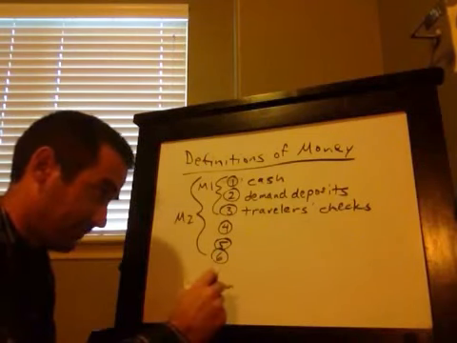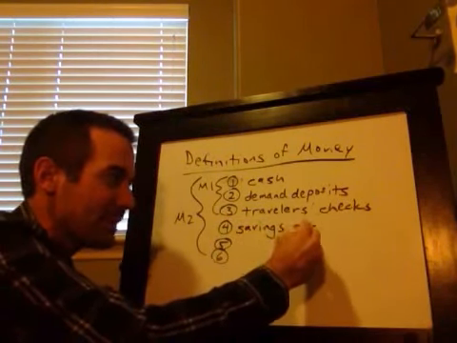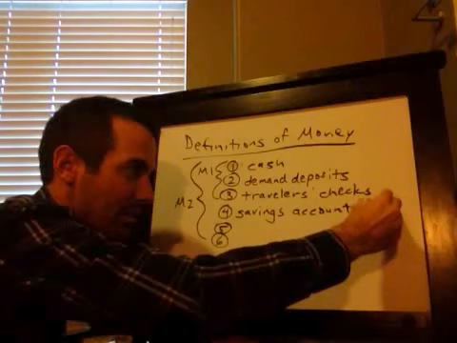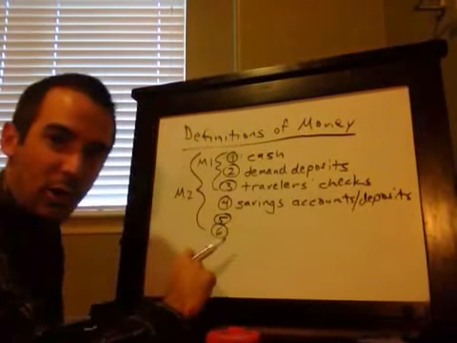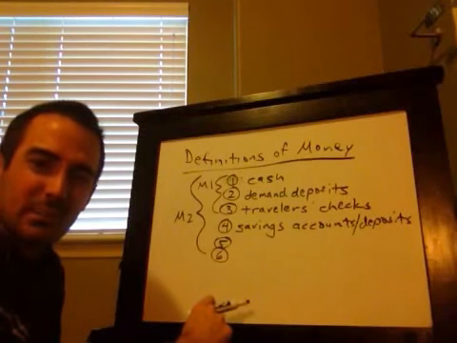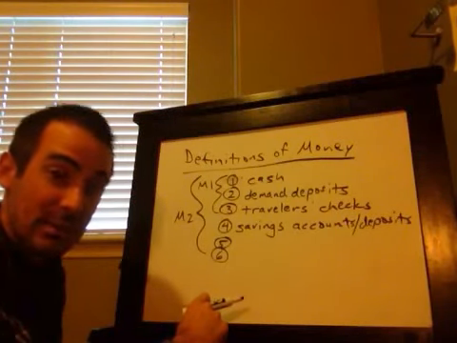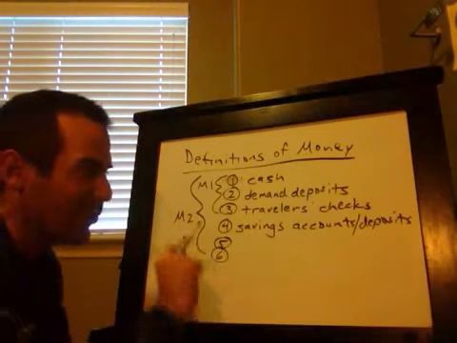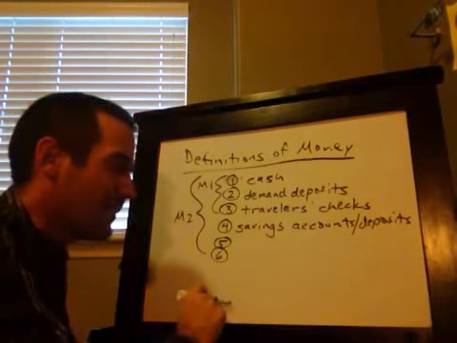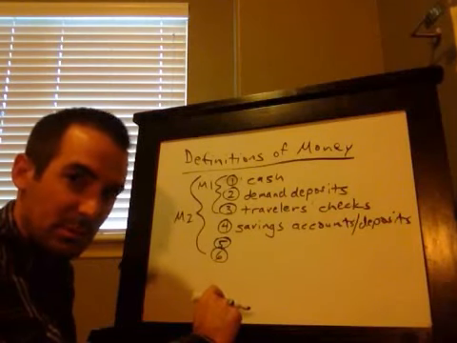Okay? So, for example, I have a savings account. My savings account is a little bit harder to spend than my checking account. All right, this would be called a savings account or a savings deposit, same thing. Sorry, savings accounts, because we're doing all of them together, and savings deposits, same thing. I can't really go into a store and say, I'd like to spend my savings account on these groceries. I would have to go convert my savings account money into cash or into a checking account to spend it. So the additional components of M2 require an extra step to spend. All right, now, savings accounts pay interest. That's why you would keep your money. You sacrifice some liquidity, some spendability, but you get interest.